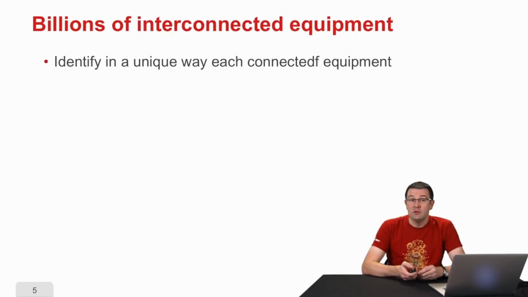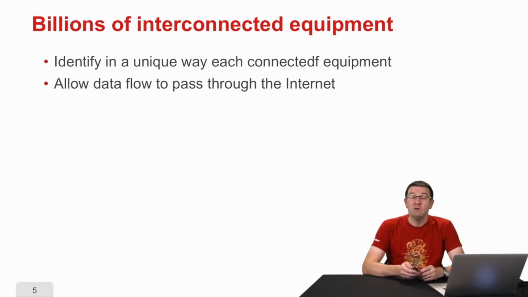Today, thanks to the internet, there are billions of interconnected equipment. The first question is how to identify in a unique fashion each connected equipment. For example, if you want your smartphone to communicate with a server to check a web page, your smartphone needs to be identified and the other equipment needs to be identified too, the web server you want to communicate with, so that you can talk to it and so that it can respond. Packets also need to be routed, so communications between my smartphone and the server at the other end of the world mean a path has to be found across that big internet graph